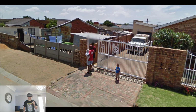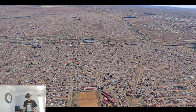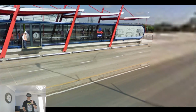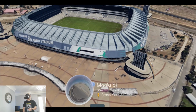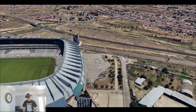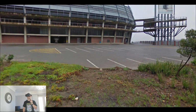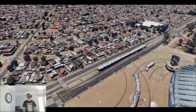I think I said in the last video for the Cape Town that I know there are parts of cities that are very run down, and there are some that are very rich. Hello? The Orlando Stadium. No, that is not the Orlando Stadium. I did say how there are some rundown bits, some bits that are really well off. I think there's a huge contrast in wealth in South Africa, and what's crazy though is you've got these really nice stadiums right next to...